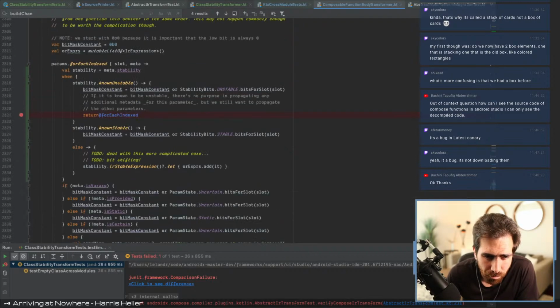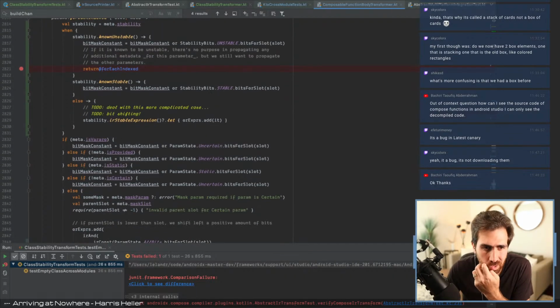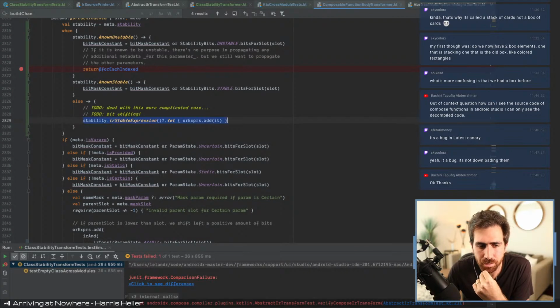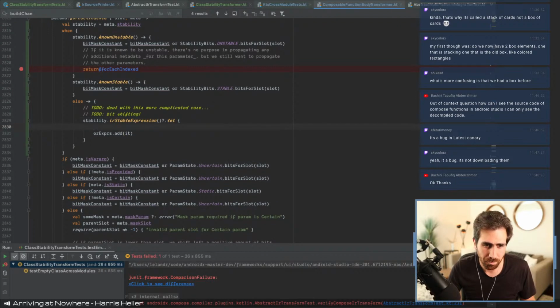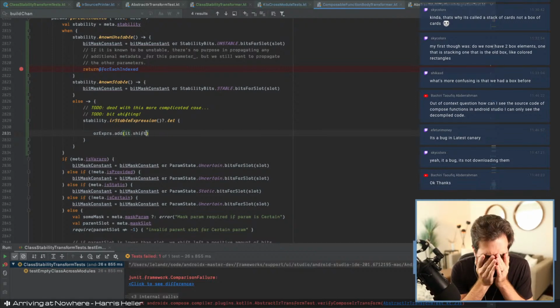What we want to do then is shift this expression on our own, or independently. So if the expression is non-null, then what we want to do is shift... I wonder if we should just write the code directly. So